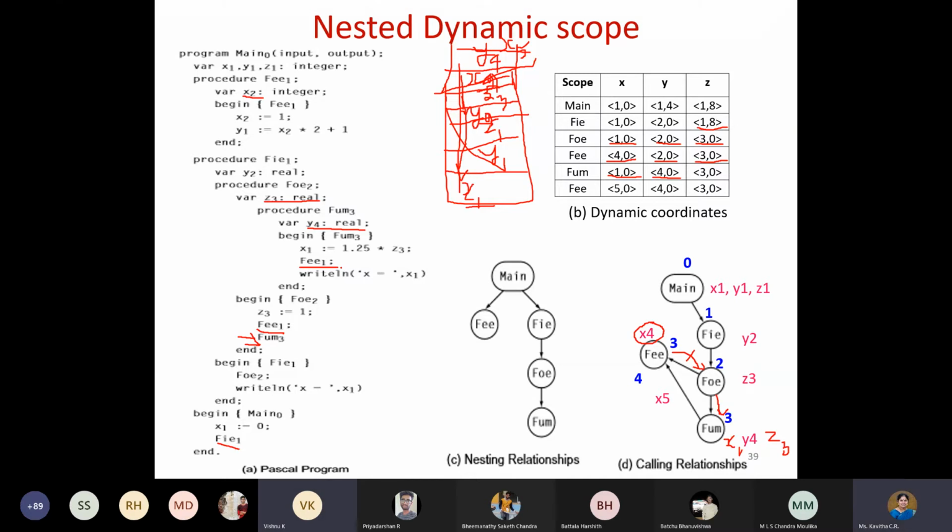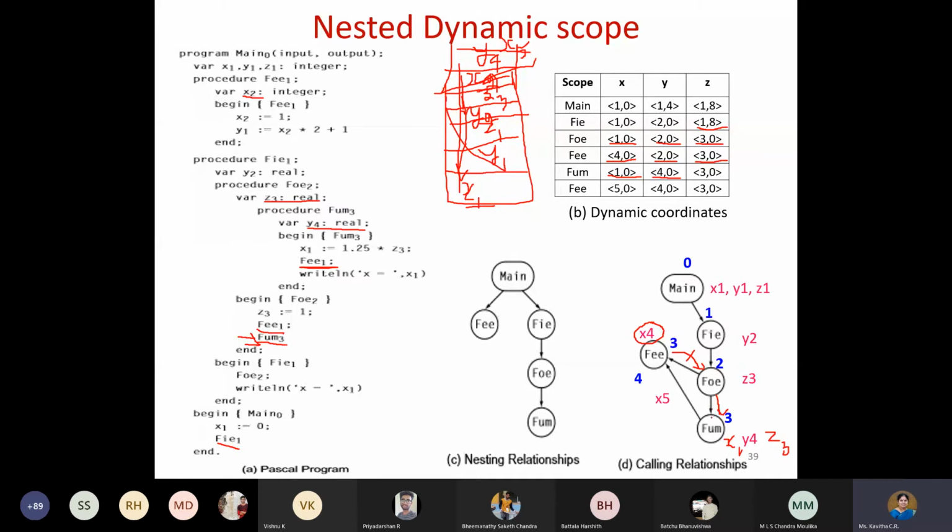Vishnu, see here. When I called FUM from here, are you able to see this FUM3? From FEE we returned back, and that is closed now. When I called FUM, inside FUM only I'm calling FEE. So it should exist, right? Yes or no? See this diagram also, I'm just going in this path. From here I returned because there was one more thing to be completed from FOE. That's why I had to return back.